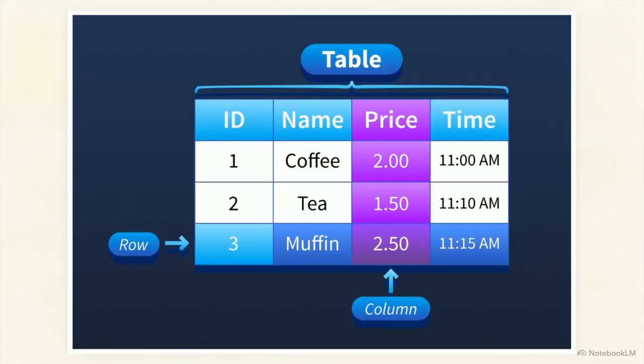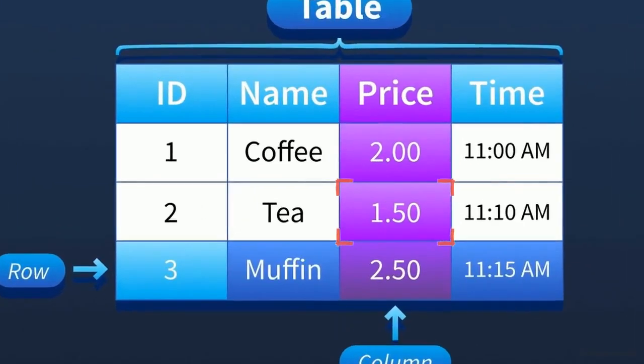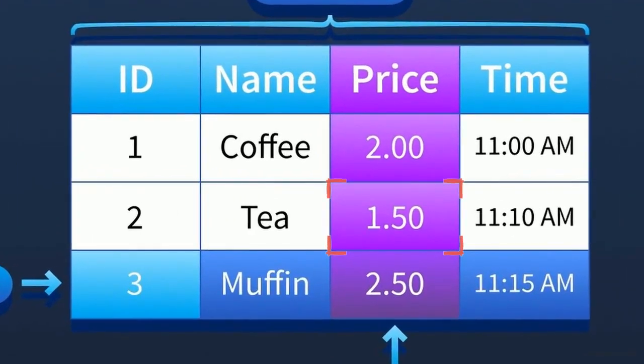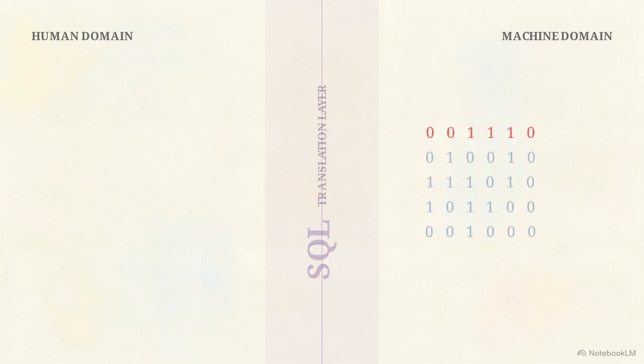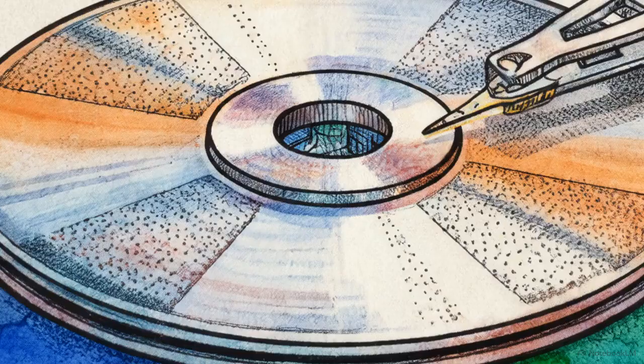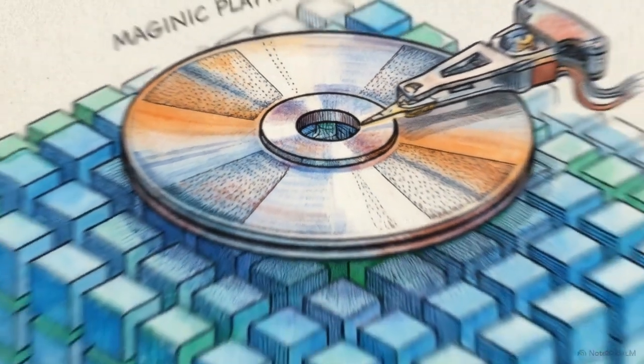We see that organization in these structural labels. Columns dictate the type of information, like price, while rows hold the complete record. Using SQL, we ask the computer questions. It isolates the price column and retrieves the cheapest drink instantly without reading every row. SQL serves as the final translation layer, turning human questions into machine-speed retrievals. From the magnetism on a hard disk platter to the rows of a database,